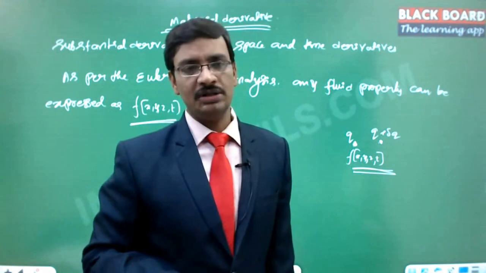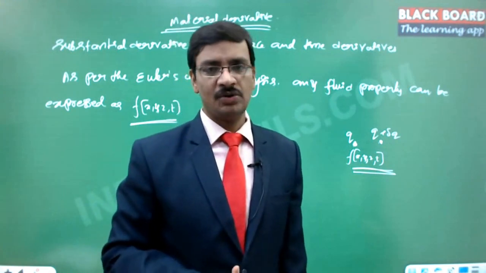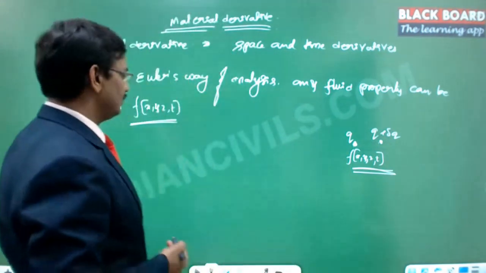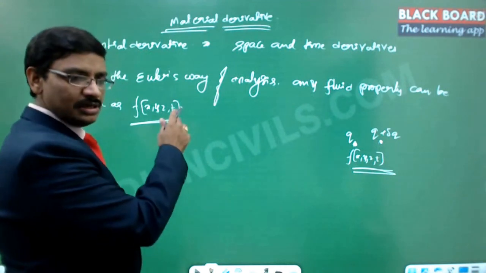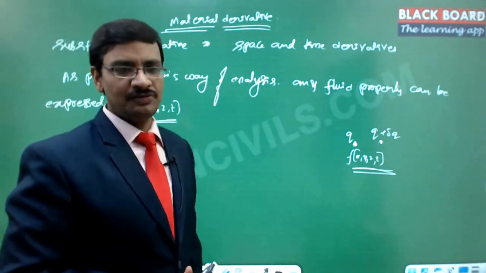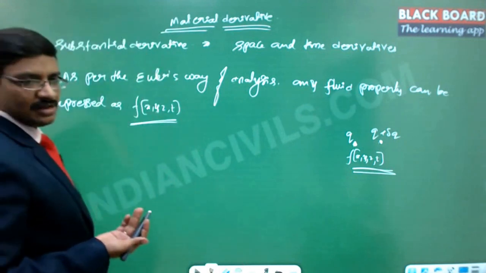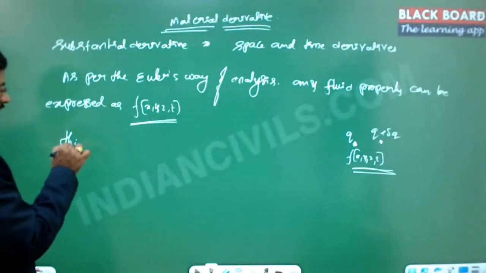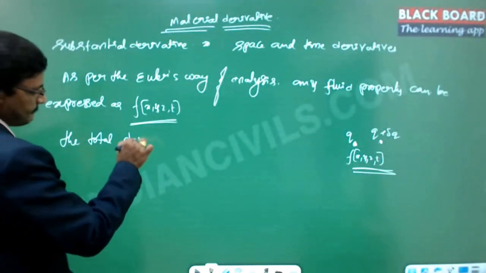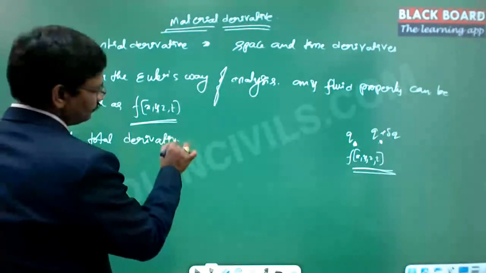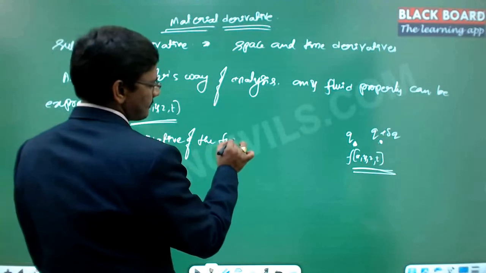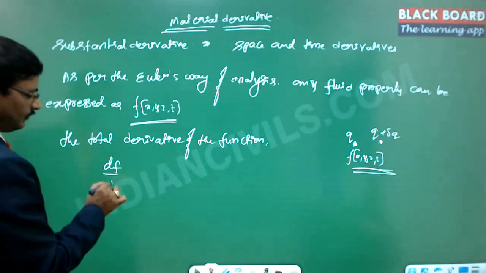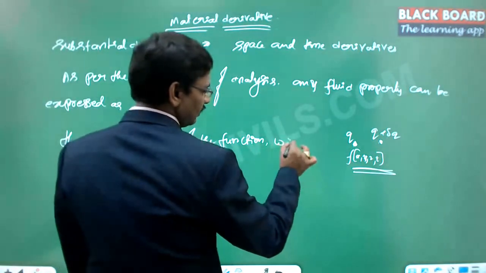Till now we were talking only about the 3-dimensional coordinate system, which we call the space coordinate system, but now time is added. So if time is added, the function is of x, y, z, t. Now if you want to find the change in the value of the function, it is nothing but taking the total derivative of that particular function. So the total derivative df by dt, if you want to calculate, with respect to time we are calculating.